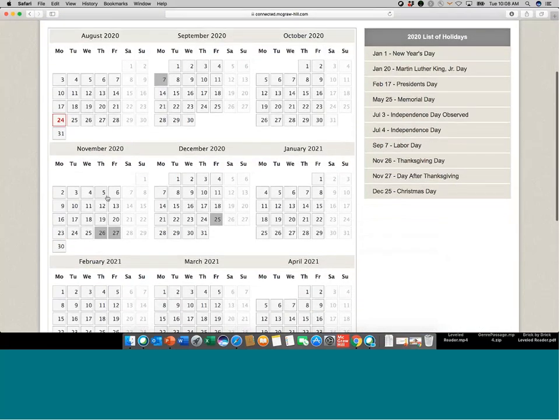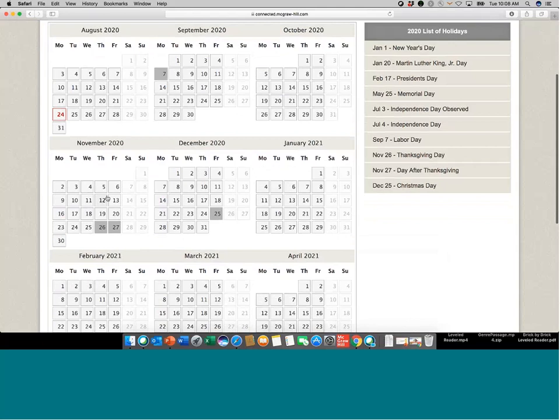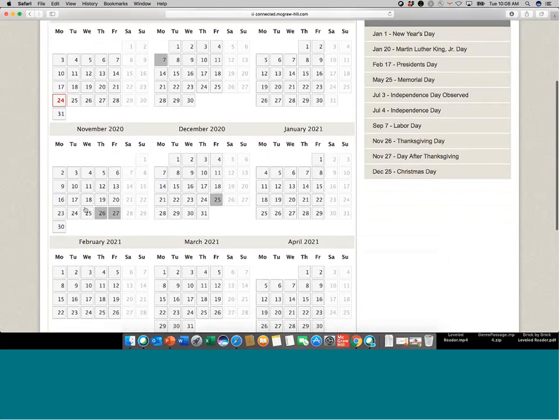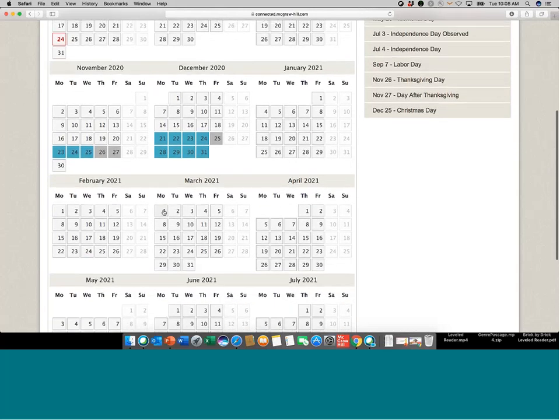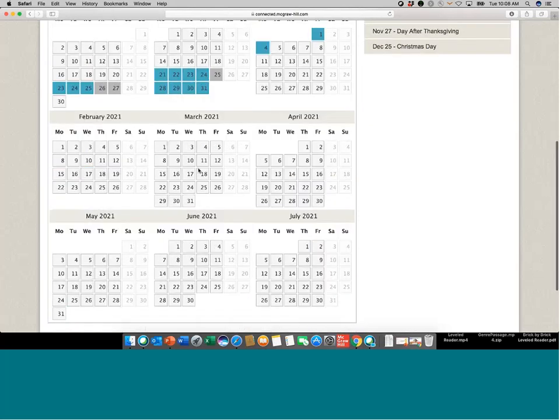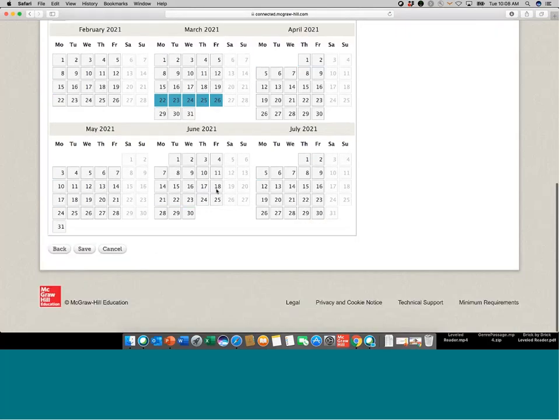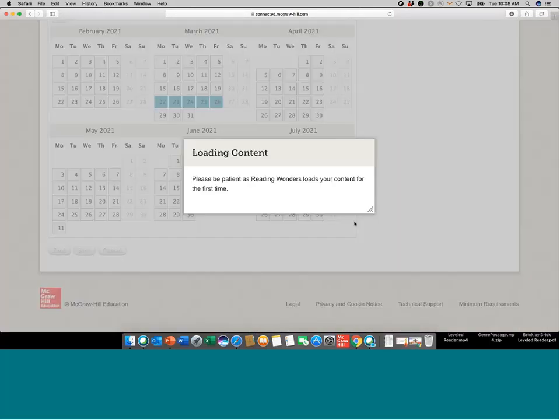Again, this is really great to make it as clean as possible. Like, hey, I know we're off for the whole week of Thanksgiving, or we have a winter break that's 2 weeks long. And so you can see what I'm doing is adding all those additional, even district level days, like, for example, maybe we have in-service on January 4th. All of those kinds of things, or spring break at the end of May. I can do all that, hit save,